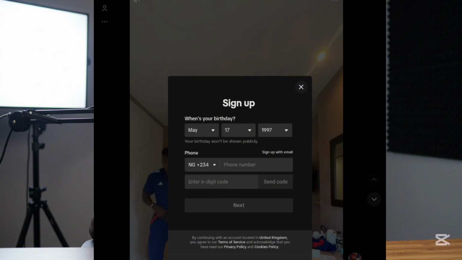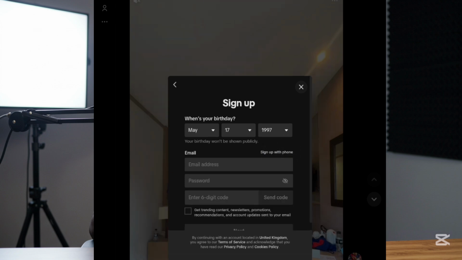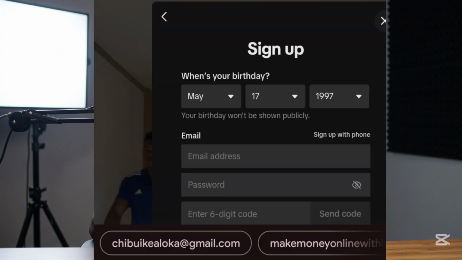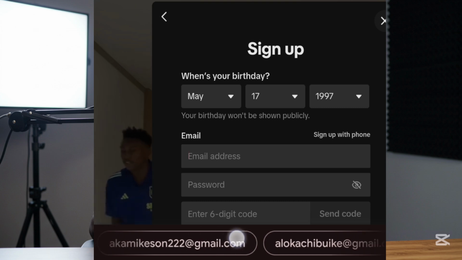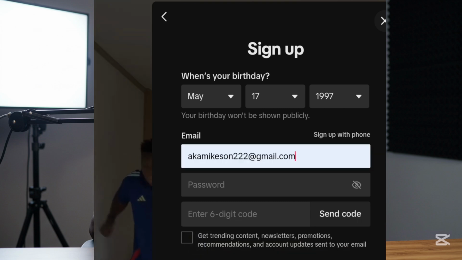So the next thing you're going to do is just click on here where it says sign up with email. You sign up with an email and then it is going to ask you to put your email address. I'm going to go ahead and type in my email address here. I'm going to use this one here. Then I'll